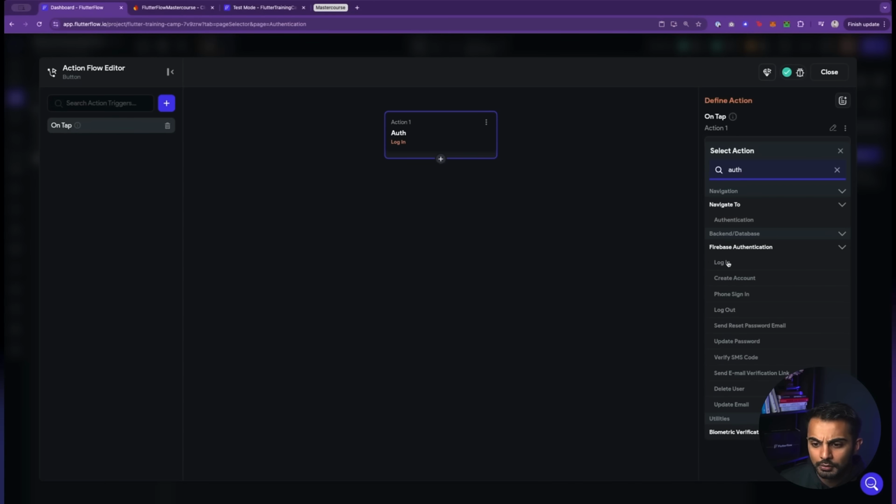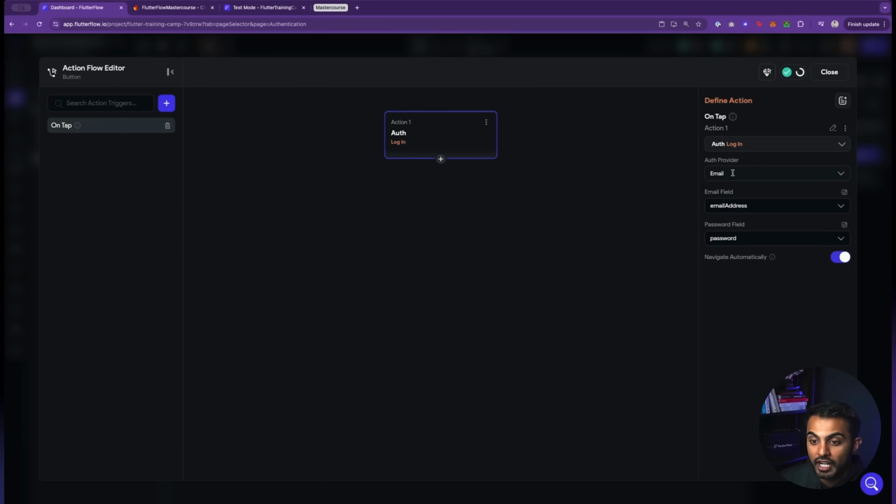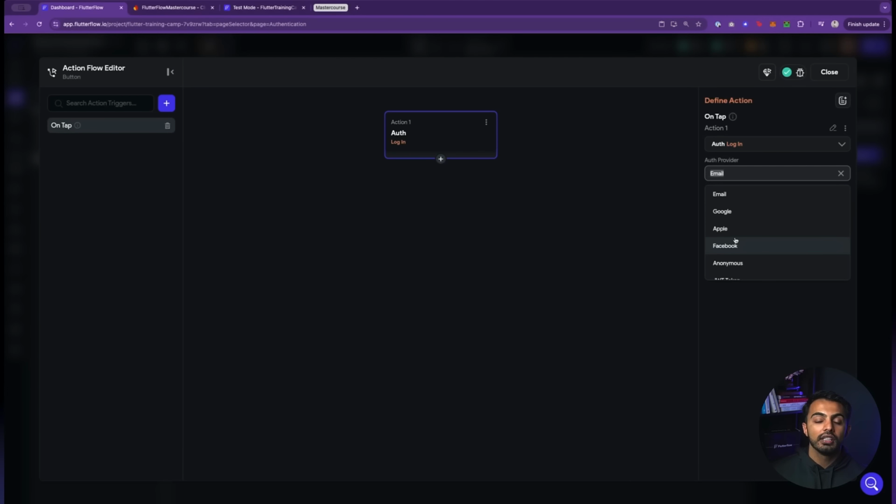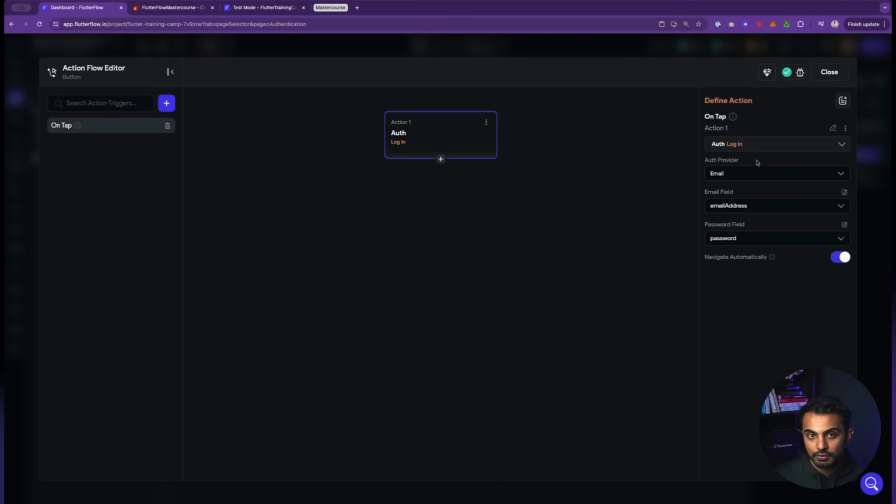So we'll make sure this says login. Auth provider is email. Auth provider essentially just means how are you going to log the user in? What form of identity verification do we want Firebase to use? Because Firebase can verify my identity using Google, Apple, Facebook, JWT token, GitHub. They have so many different providers, but auth provider email means email and password. So we're telling Firebase, hey Firebase, I'm going to give you an email and password, and I want you to find the user based on their email and password.